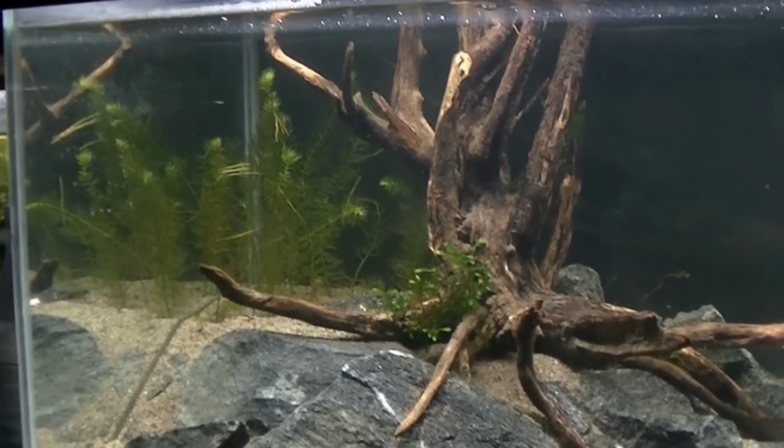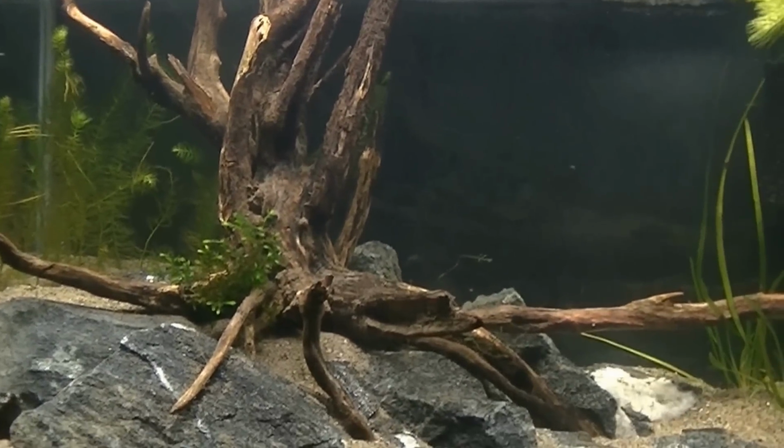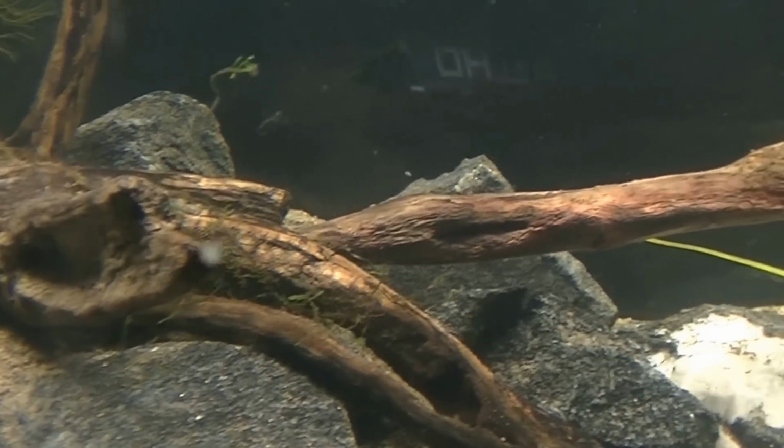Forgive me, but I'll think about it. Maybe put it in the video somewhere. You know, a little name there. Some willow moss. I do have some other moss kind of growing there on that log there, but